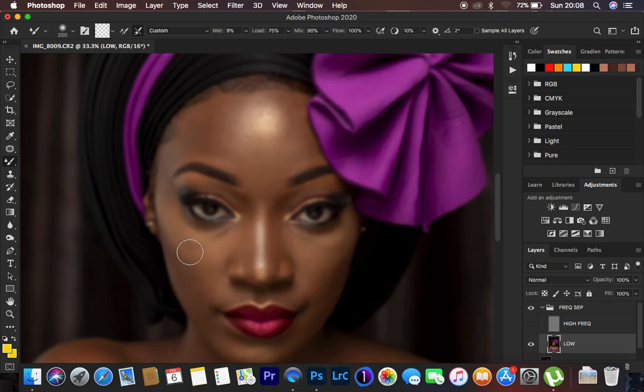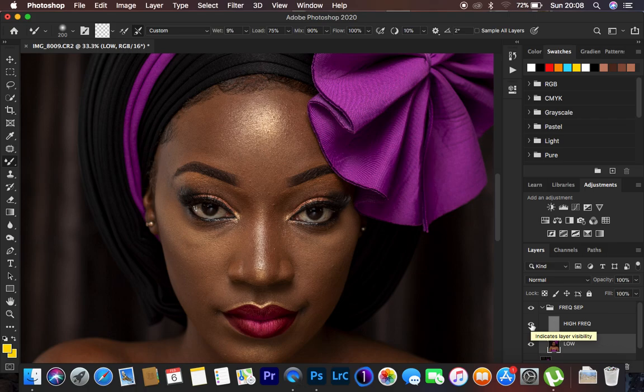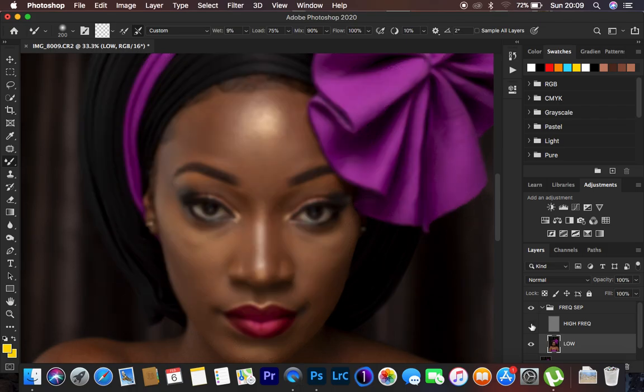So you can see that this area has that kind of tiny black spot right here. Then we have another black area right here. You can see those uneven areas quite better than when you have this turned on. So that is one way of having a check layer, or a layer that is going to guide you through when you're trying to even out or blend the transitions within the skin tones. And after doing that, you're just going to turn this off and we start blending or evening out the skin